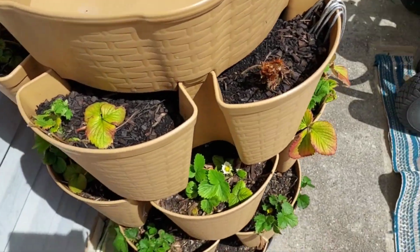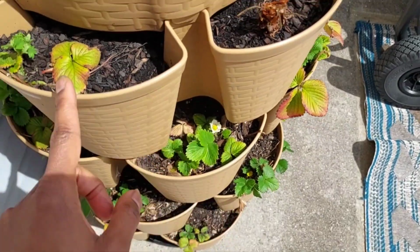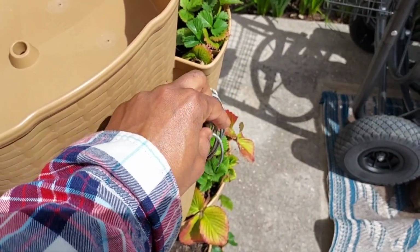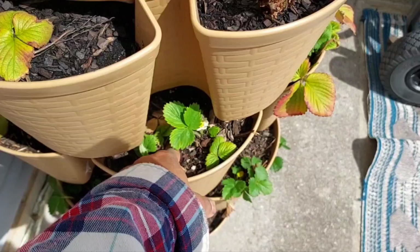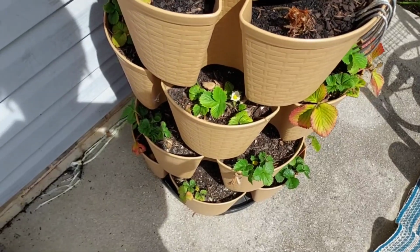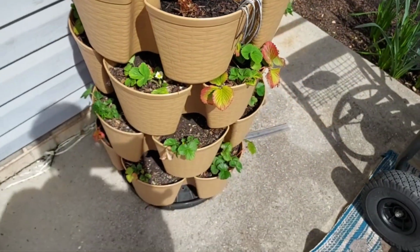I rooted a bunch of runners. I just kind of pulled them over to whichever one I could get them to, and then I used these. I cut and bent some wire to tack them in so that they stay pressed down into the soil and root. And I think pretty much all of them I did that to took, or most of them at least. So I have a bunch of babies that I need to take out and put in their own